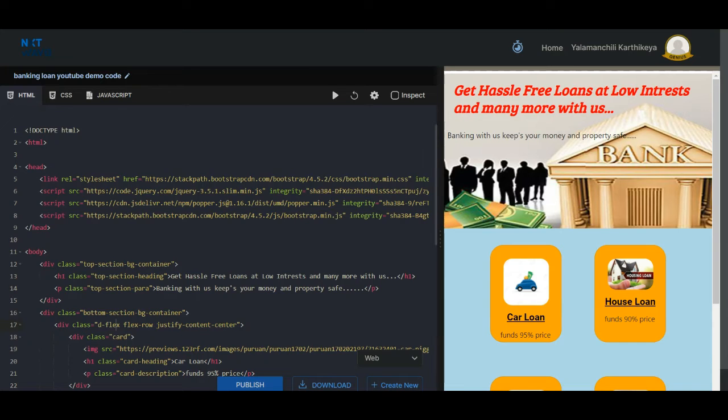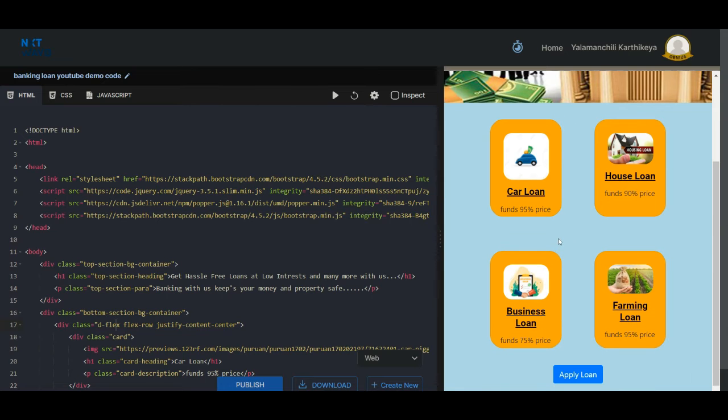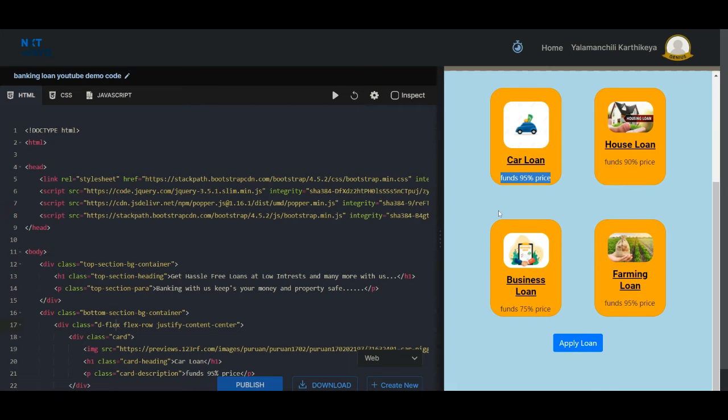I'm done with my third static website. In this, I divided my website into two parts: one is the top section and the other one is the bottom section. In the top section, I'm having a background image, a heading for that background image, and also a para for that background image. Coming to the bottom section, I'm having the background color as light blue and I'm having four cards attached to that light blue color background. In each card, I'm having the image, a card heading, and also card description. Bottom to these four cards, I am having a button also.